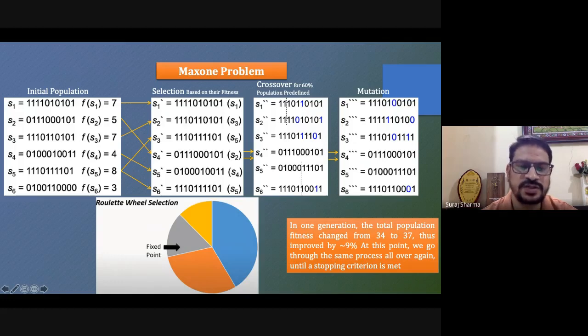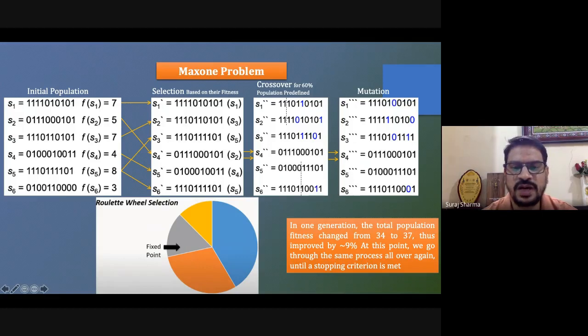Now we create a roulette wheel based on the percentage. The highest percentage of the area will be taken by S5, then S1 and S3, then S2, then S4, and last S6.